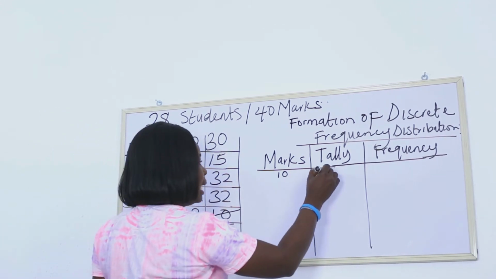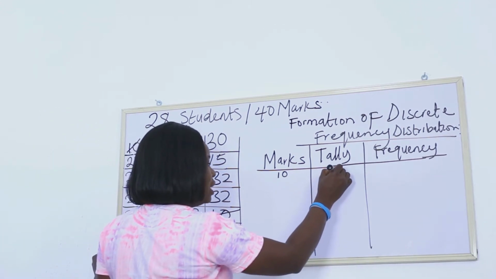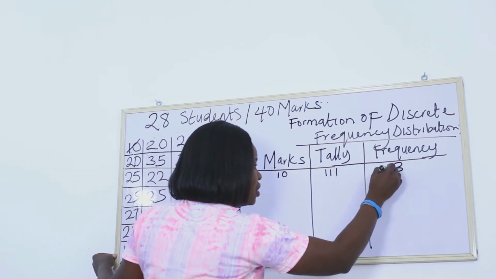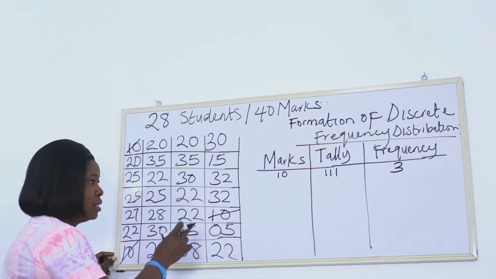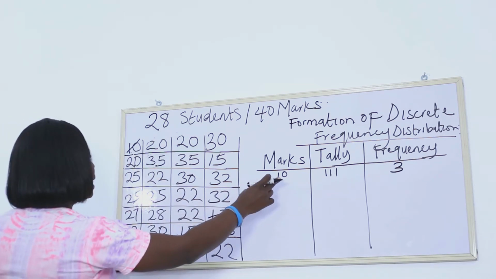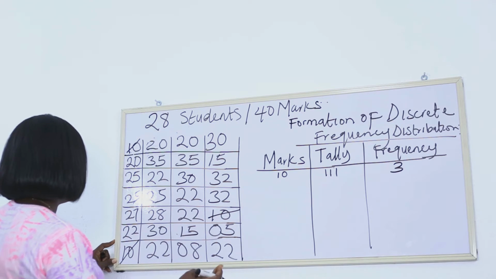So I come to tally. Tally is in Roman numeral. So I say 1, 2, 3, and come here to write in digits 3, how many times 10 has occurred. If I look at the board again to see what other mark is next to 10, from the least to the highest,